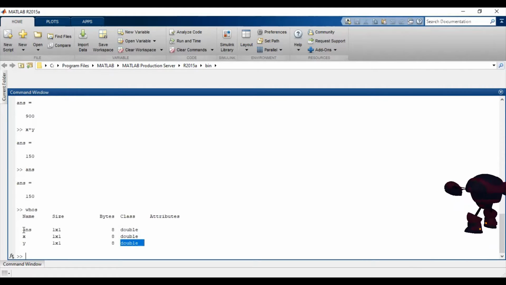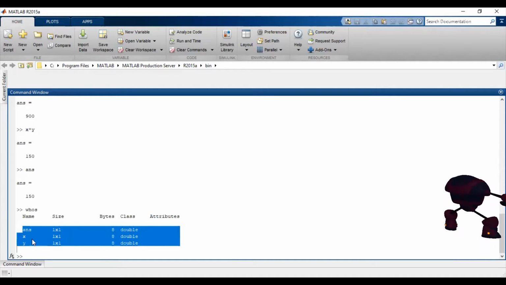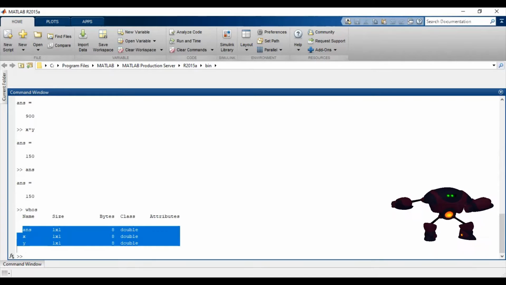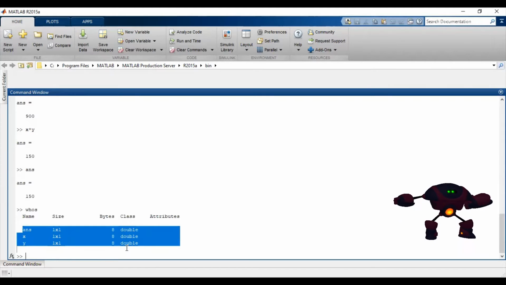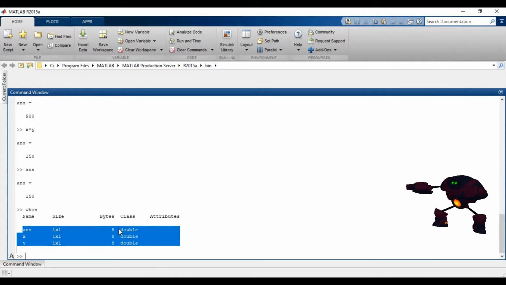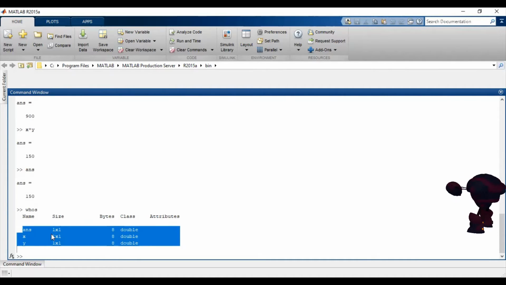Why is it so? In other programming languages every variable is known by another name, but if you have provided any numeric value in any variable, MATLAB will tell you its type is double. So it is double over here, and it is also showing your bytes,